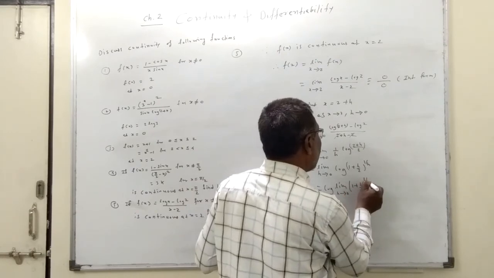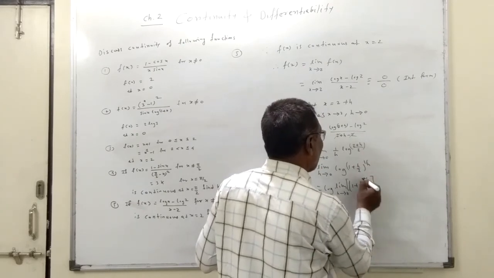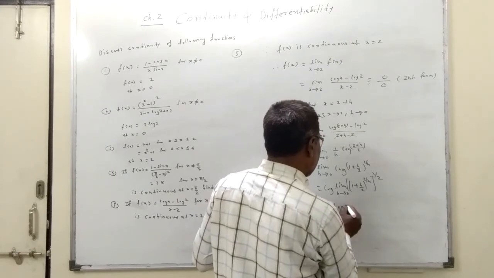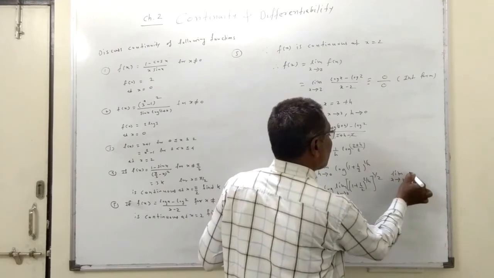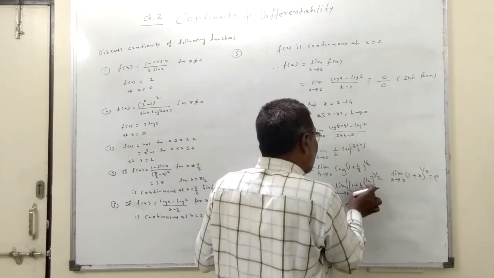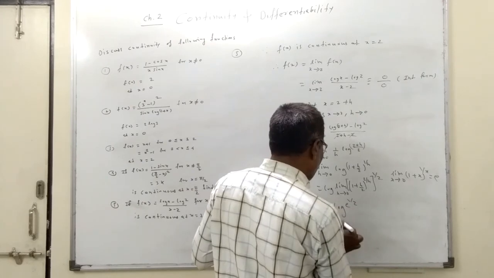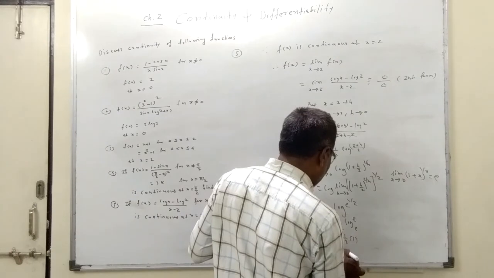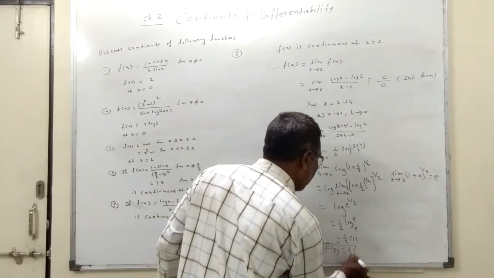Now here 2 upon h is required for application of the formula 1 plus x raised to 1 upon x. Now 2 is extra, so 1 half. So that is equal to log of, now this limit is e by the formula. The formula we are using here is limit x tends to 0, 1 plus x raised to 1 upon x is e. So this is e, where x is h by 2, raised to 1 half. So that is equal to 1 upon 2 log e. The base of log is e, so 1 upon 2 into 1. So that is equal to 1 half. So f of 2 equals 1 half.